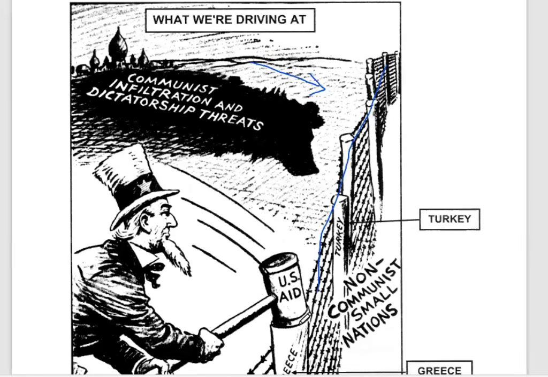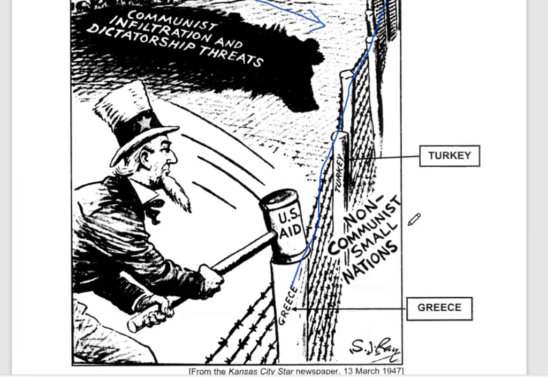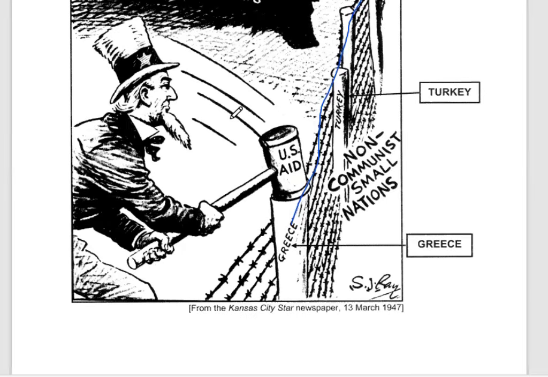The Iron Curtain, which is the boundary, is portrayed by the fence, which is now separating this side where Russia is coming from and this side where we have non-communist small nations, with Greece and Turkey on the border, who were reinforced by the Truman aid through the Truman Doctrine. So the Iron Curtain idea is portrayed in source 1A, and is also portrayed by a fence in the next source, source 1B. Those two ideas are related.